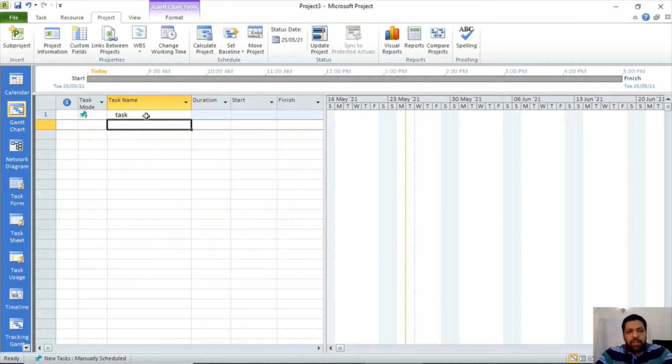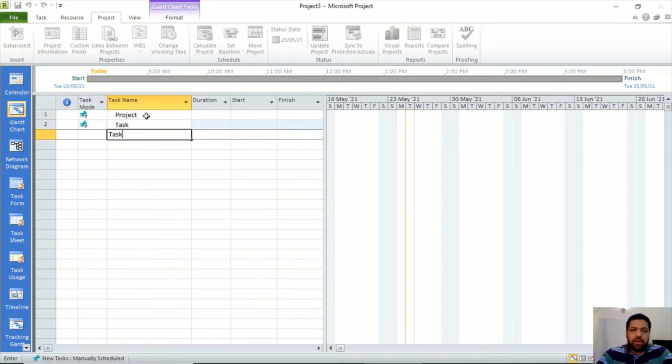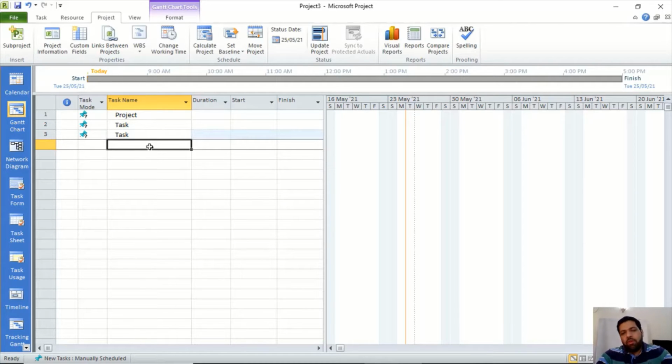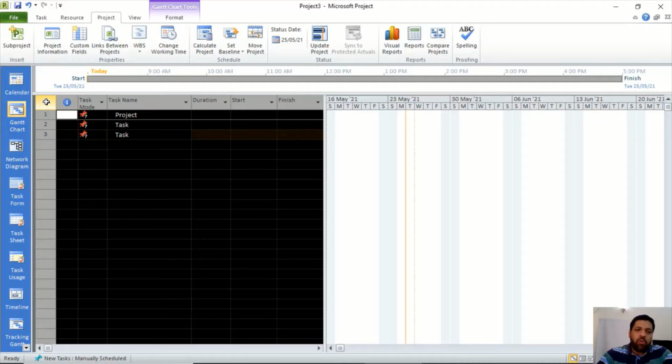Because I have seen the habit of people that the moment they open MS Project, they start writing their project, then tasks, and so on. Obviously, Microsoft Project is such a flexible tool, thanks to Microsoft, that it will not stop you from doing anything. But again, this is the wrong approach, so I'm going to delete it.